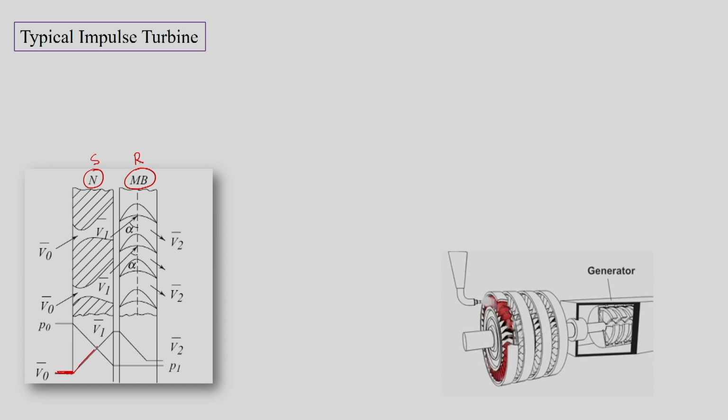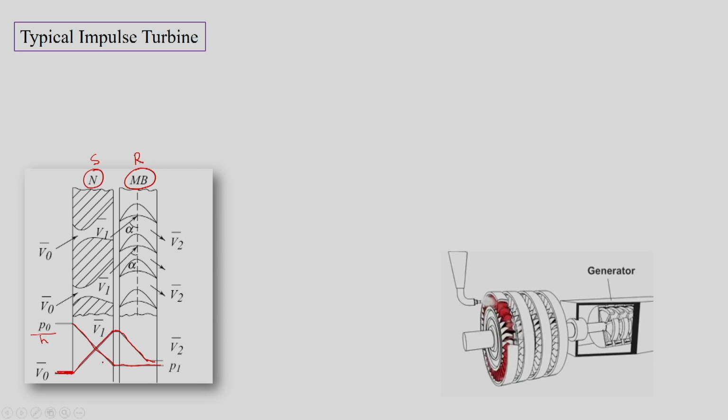While flowing into the nozzle, velocity increases, and then between the rotor and the stator there is no change in velocity, but velocity decreases while flow is taking place inside the rotor or the moving blades. Similarly, the whole pressure drop will take place inside the nozzle, and then there will not be any pressure drop taking place. Similarly, the case will happen for enthalpy.